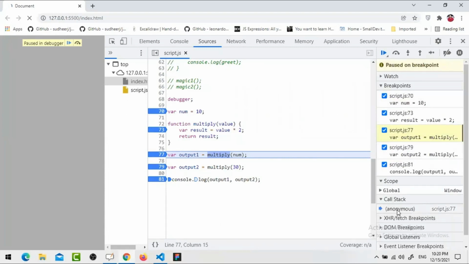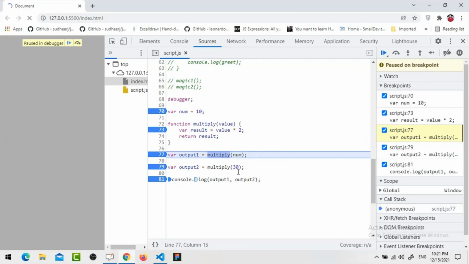Right now you can see in which execution context we are: Anonymous, which is nothing but the global execution context. Whatever execution context is running, by default it will create that scope only. If you have the anonymous execution context, it will create the global scope. If you are going to call one more function, the execution context will be created and pushed to the call stack, and it will create another scope